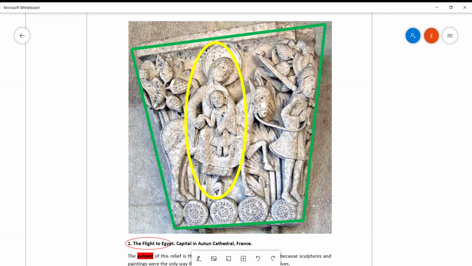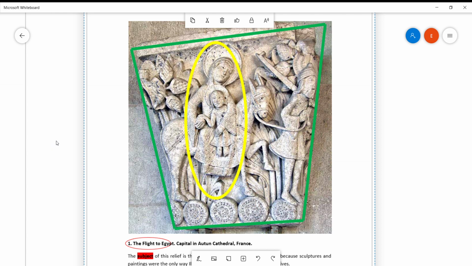We have another leg, more stems from the vegetal decorations, and finally the legs of Saint Joseph. You have a lot of parallel lines here and straight lines, and this is going to give us the feeling of rigidity. The other thing is that they are schematic,